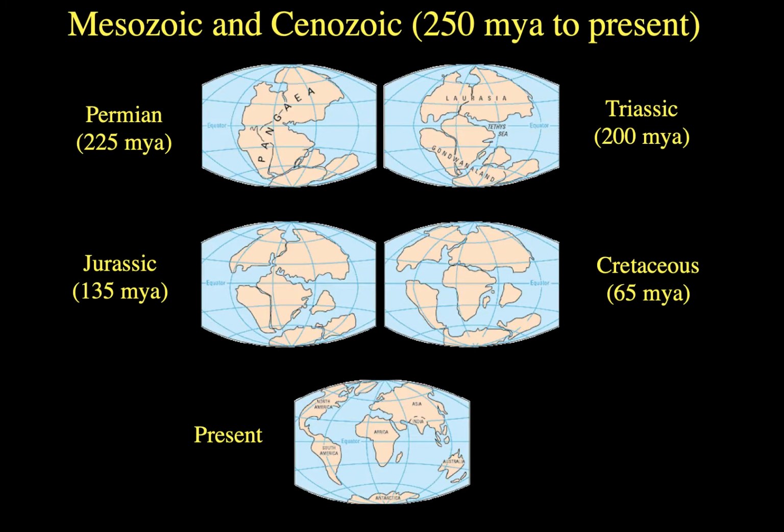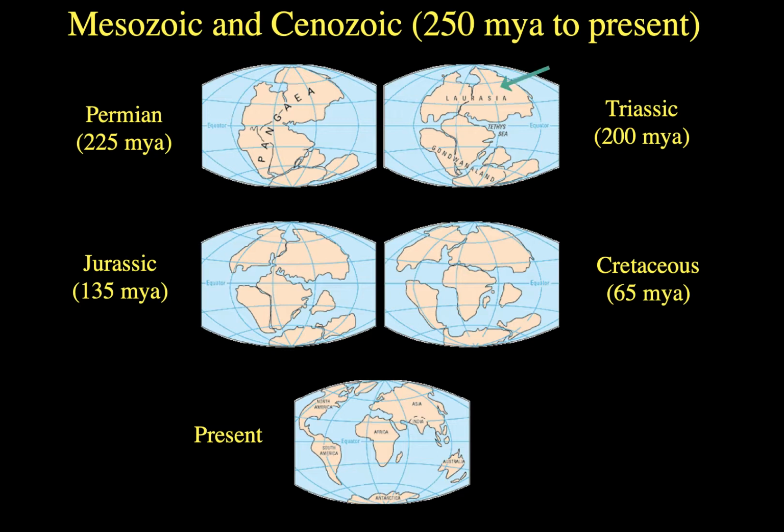So by 225 million years ago, you have Pangaea here with North and South America clearly outlined, and Africa and Europe. And then by 200 million years ago in the Triassic, sort of the middle portion of when dinosaurs evolved,